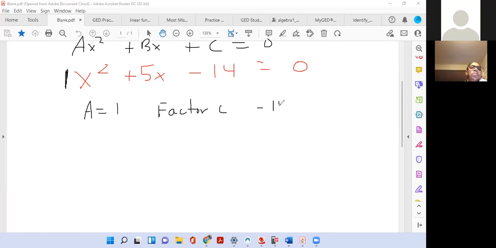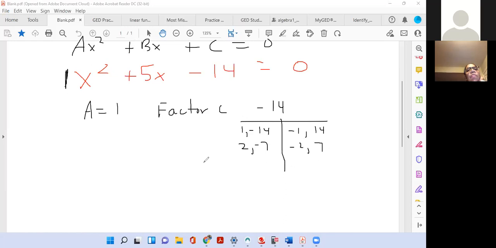Okay, c is minus 14. And you want to find the factor pairs of negative 14. So that's 1 and negative 14, 2 and negative 7, minus 1 and 14, and negative 2 and 7. These are all the factor pairs that you can multiply together to get negative 14. Does everybody understand that? Yes. Okay, once you find those factor pairs, you then want to find which pair is going to give you